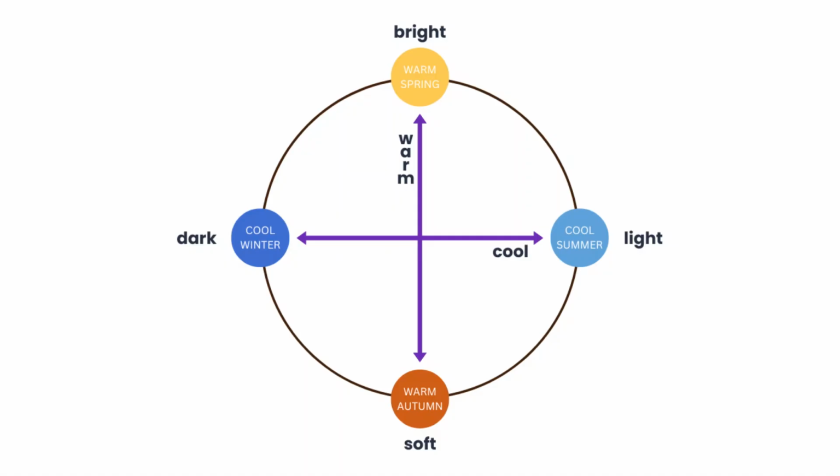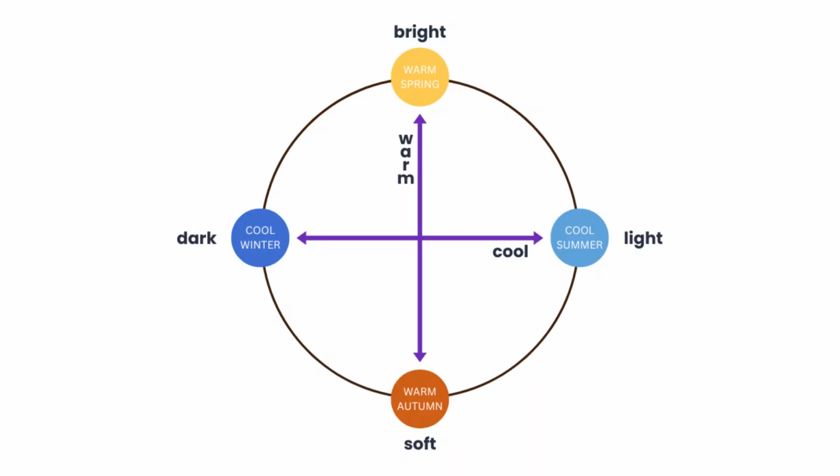If you imagine color seasons sitting on a wheel, we have four main seasons on which the original basic color analysis system was based: cool winter, cool summer, warm spring, and warm autumn. These seasons represent the extreme intensity of their color features, but in color analysis, same as in nature, there is a transitional period between seasons. For example, at the end of summer, there is a time when it's still warm, but we can feel the change in the air, and every day the weather moves closer and closer to autumn. Also, leaves on trees don't turn from green to orange overnight.